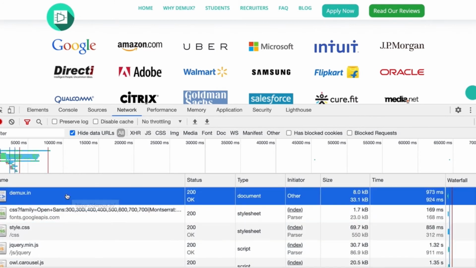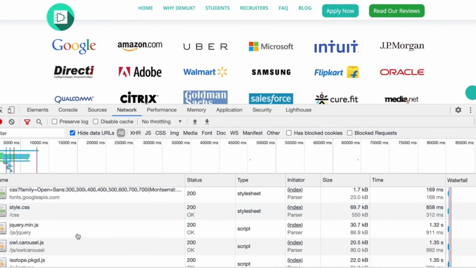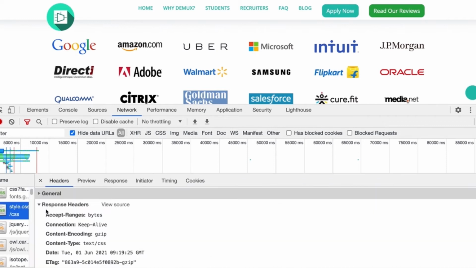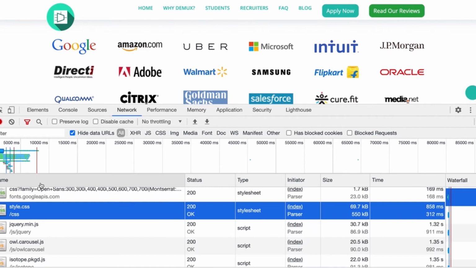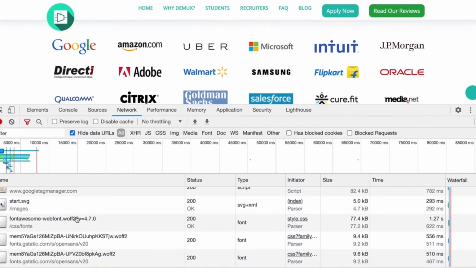Okay, this is the main, the primary call, the primary response which you get from the server. After which my browser will start parsing the web page and see, okay, these files are also coming in the web page. Let me make another call to the server. So these all are part of different requests which I'm making to the server, right? And these all are actually our resources.